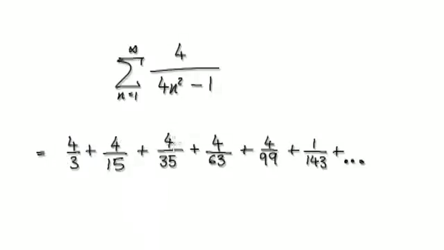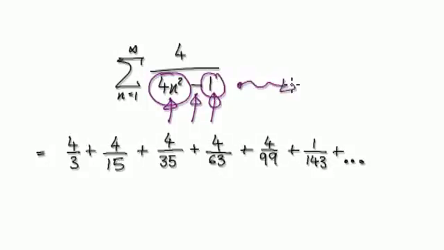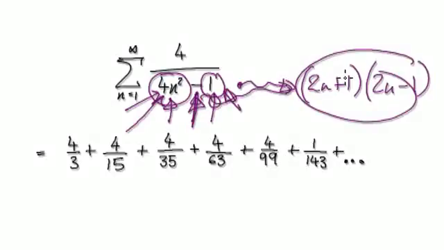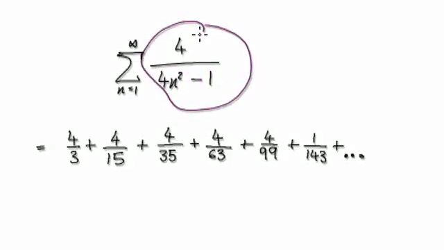So to sum up everything, the trick is to always try to keep an eye out for something easily square rootable, and there happens to be a minus in between. Then you can jump to square root of this, 2n, and then plus 1, and then 2n minus 1. So whenever something's easily square rootable, and there happens to be a minus in between, you can jump to something like this. So rewrite this